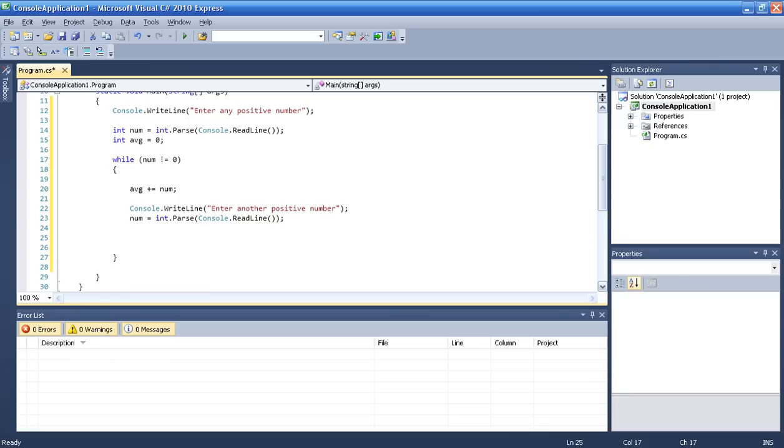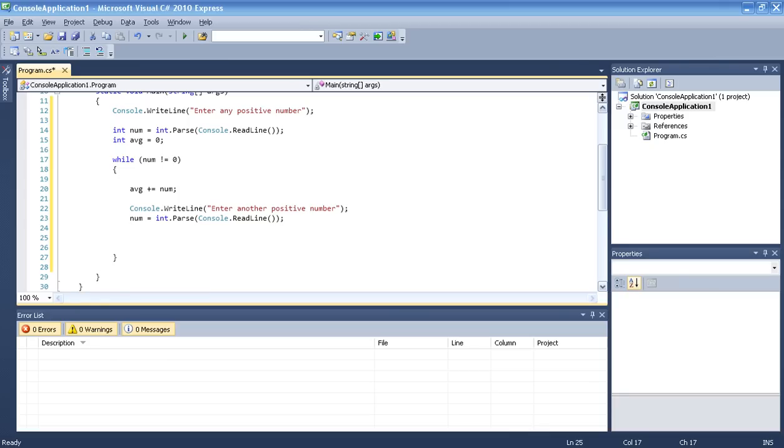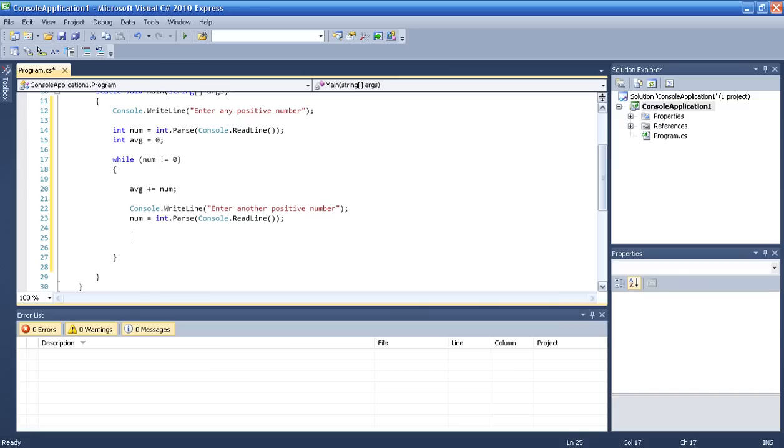Okay, and then that's it. We want to do this one: the average of your numbers is,